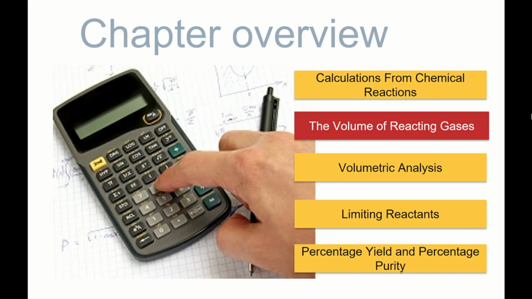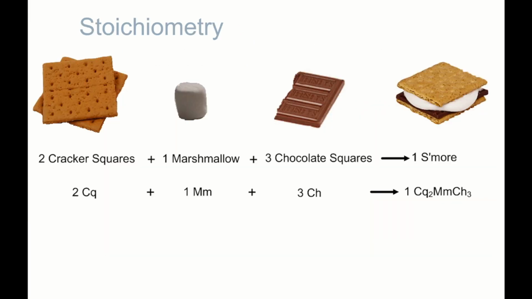Okay, so in the previous lesson, we took a look at how to calculate the volume of gases using volume. For reactions with only gases, we can straight away use volume ratio. So volume ratio and mole ratio are the same, or rather they are proportional. This is only for gases. Okay, so recap, stoichiometry is to take a look at the balanced equation, and using ratio, we can find